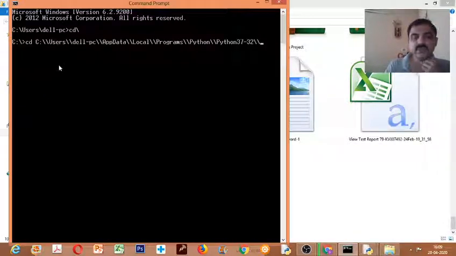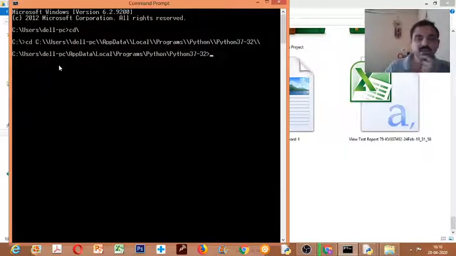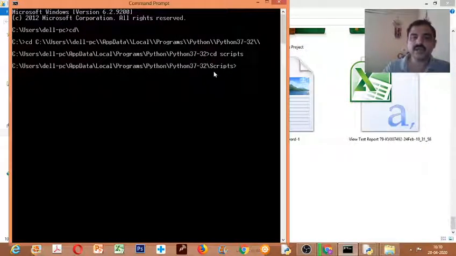Okay, so what we did, we went to Python, there you wrote import os and os. After pressing enter, we got the path. So copy that path, then come to command prompt, here cd space, note down the path, copy that path. So now the path has changed to this current directory, right? Under this there will be a folder called Scripts, so we need to install it under Scripts. So write cd space Scripts. Okay, so now I am under Scripts.